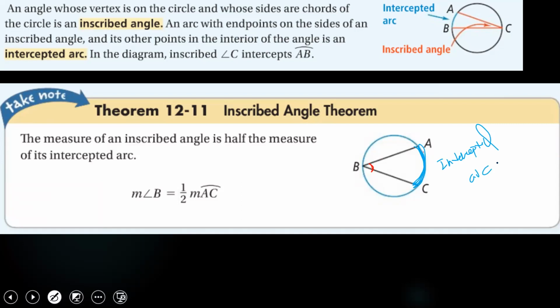which is an arc that is opposite to the angle. The relation between them is the measure of the angle ABC, or the angle B, is half the measure of the arc AC. So, like if you have here this circle,